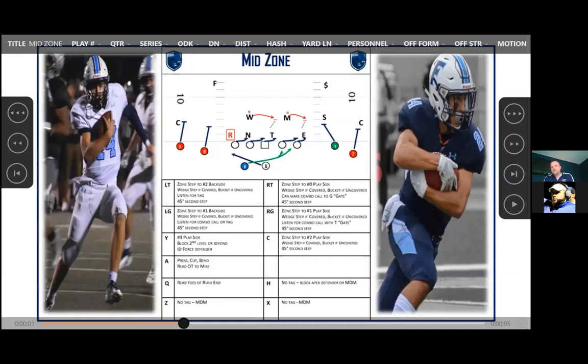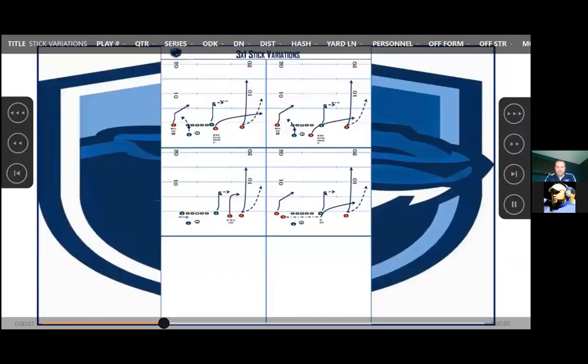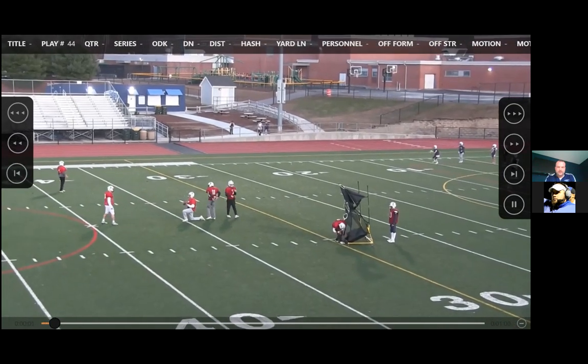So we'll take our mid zone, and what we want to try to do is pair it with a pass play that we like. One of our favorite RPOs is stick. I just included this in case you wanted to see some of the rules with stick. I'm sure many of us run it, and some of the variations that go with it that we like to do. But here's how we practice it, how we get ready.